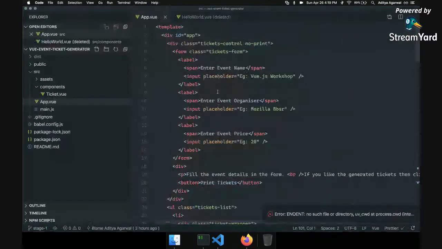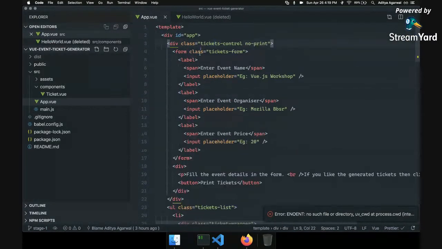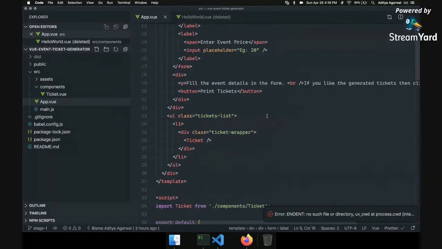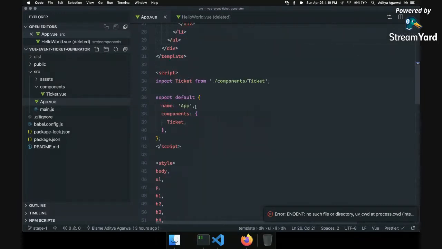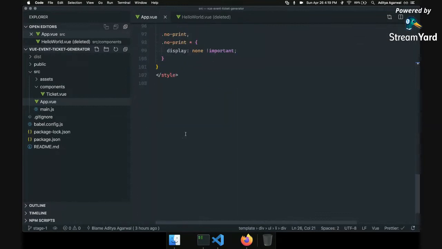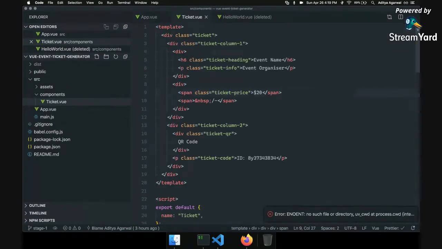So basically I'm on this branch, and you can see there is not a lot of changes. Basically what we have here is there's a form where there's inputs, and then there's a button for print tickets, and then there's a li where there's a div, and here we are entering a ticket component. And instead of the hello world, now we have a ticket component, and then there's some styling, and a ticket component here. So in the ticket everything is static for now, like there is event name, event organizer,